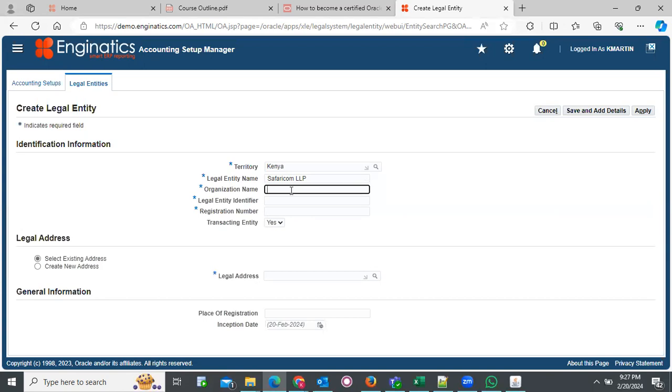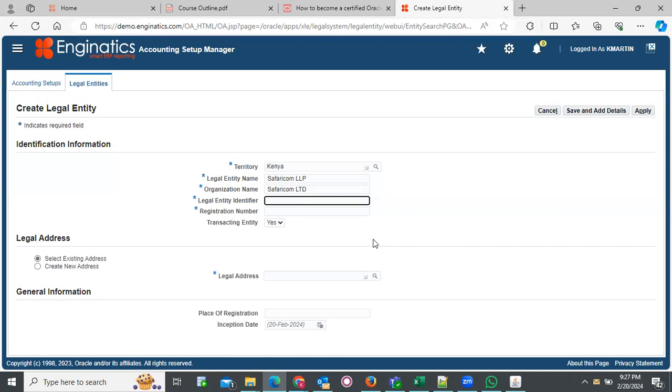Then organization name, I can say Safaricom Limited. Then legal entity identifier, like it could be a name. If the name under the organization is different,